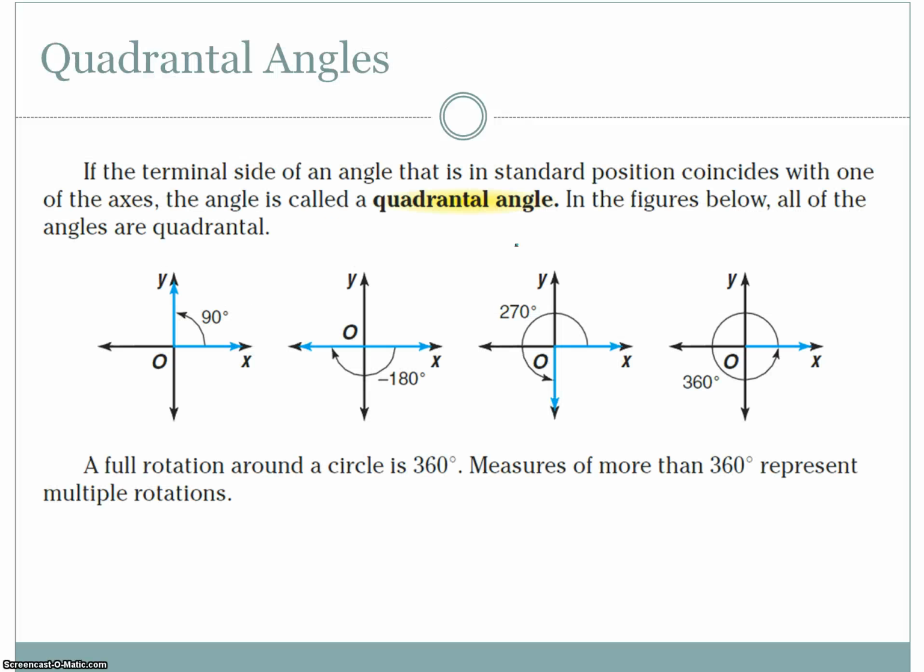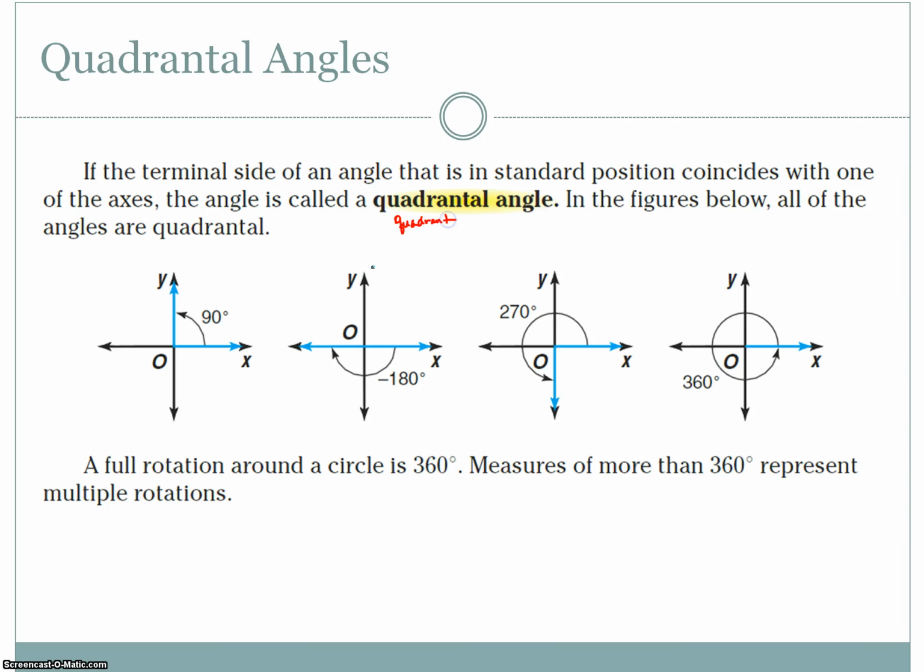Okay, so now we're going to talk about what happens when the terminal side of the angle falls on one of the axes. This is an interesting vocabulary word, but it's not really that interesting of an idea or a concept. So this quadrantal angle, where does this word quadrantal come from? Well, it comes from the word quadrant,